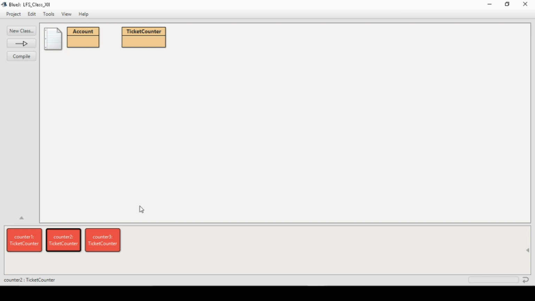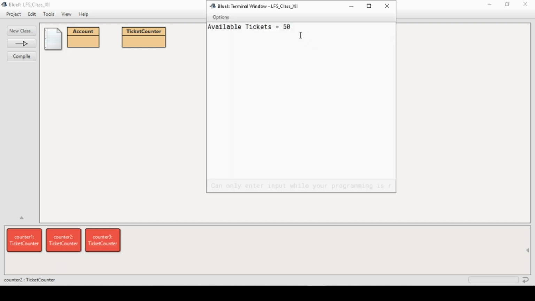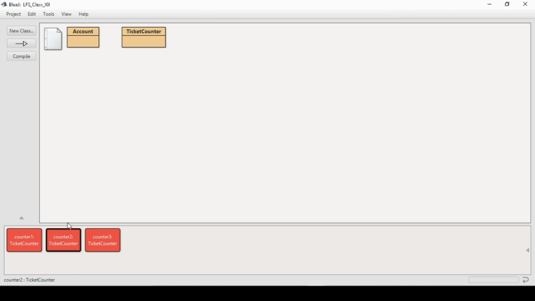It's sold, and the available number of tickets should be 30, because 20 I have already purchased from counter 1 and now I purchased 50 from counter 2, so I already purchased 70. Let's see. Okay, it's showing the available number of tickets is 50. Still 50 tickets are available. I sold 70 out of 100 tickets and still 50 tickets are available.